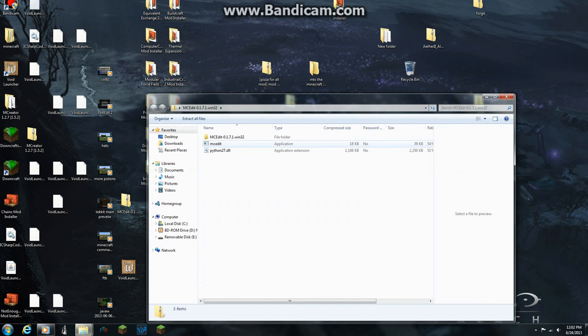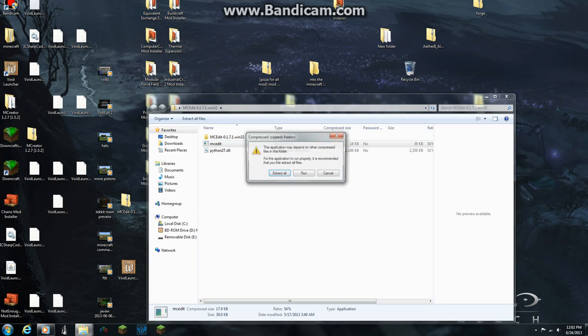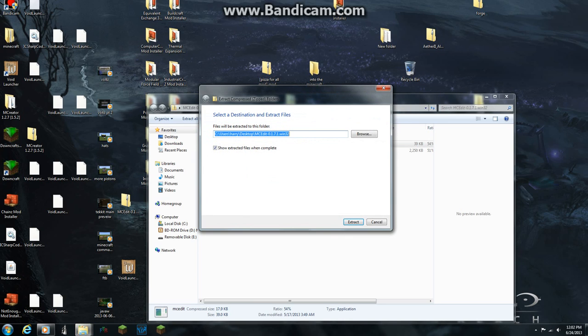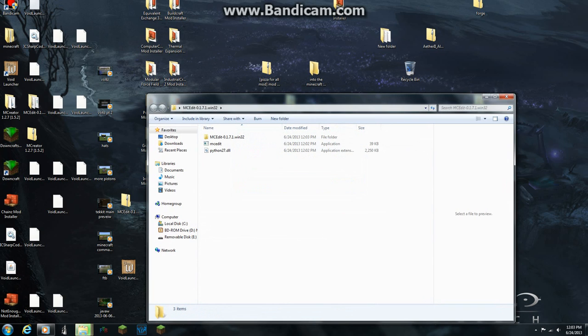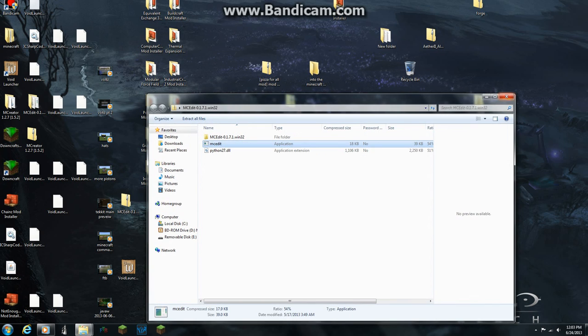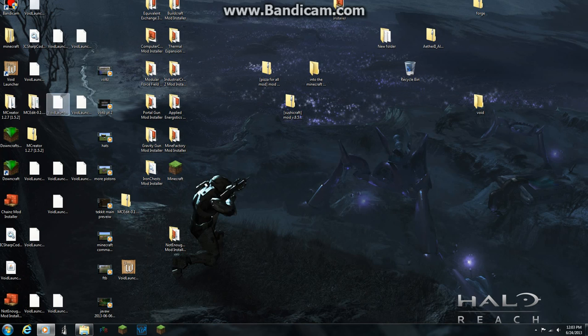Open it up, and then you'll see this just here. Click extract all, then click extract, so open up the folder, and now let's copy it. So you see, we downloaded the zip file, and we extracted it into this little file just here.